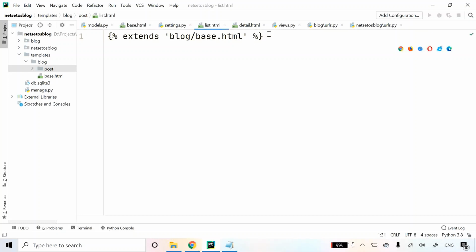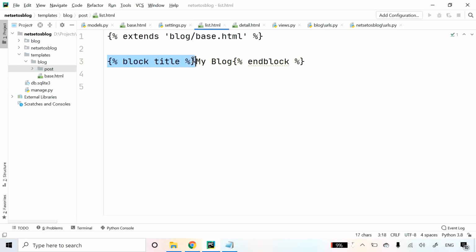Then I need to define block title, and inside this I will give my block, and then we will end it with endblock. So here I am done with block called title.